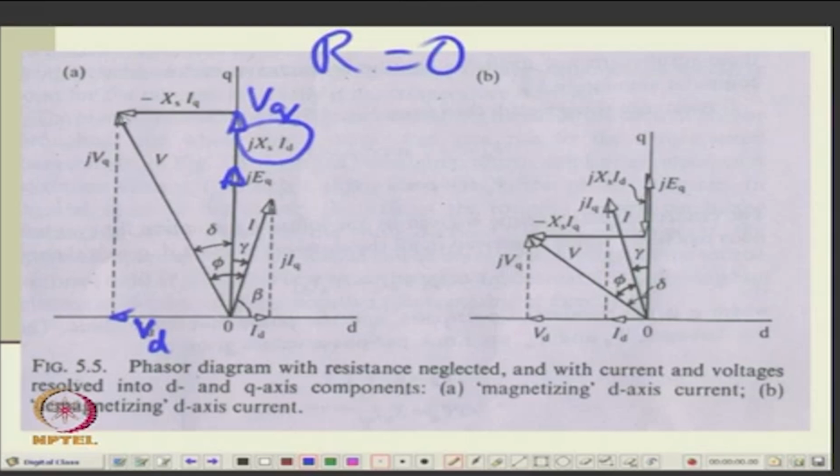So, that is the D and Q components of V. Okay. This will be j VQ and this will be VD, right. Because it is written j VQ when you consider VQ as a scalar, okay, and j EQ is where you consider EQ as the scalar, right. Now, this is the current which is the phase current